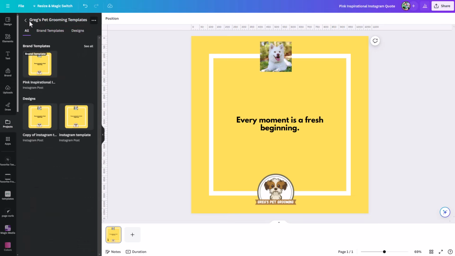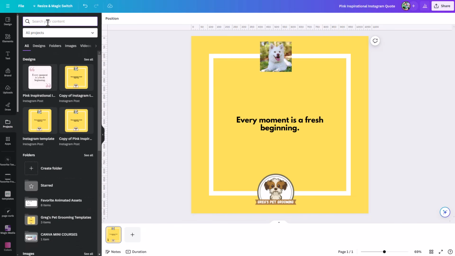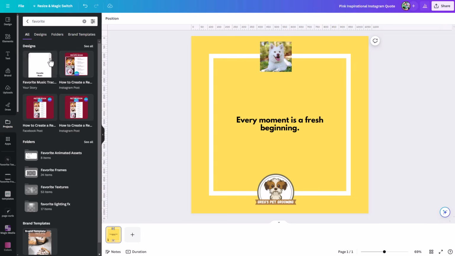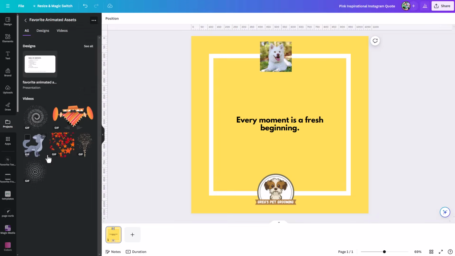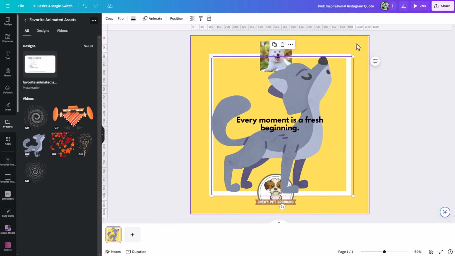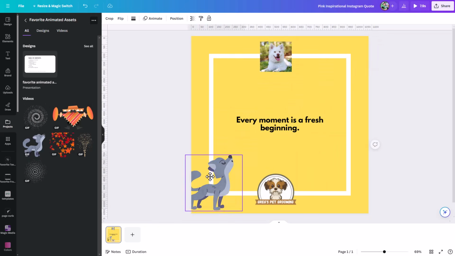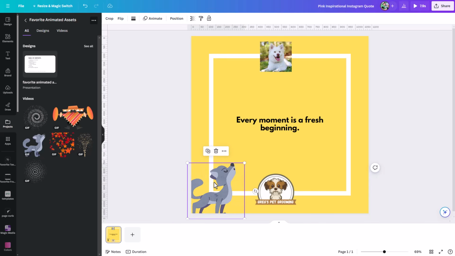And so let's go back out of this particular folder, and let's just say we're looking for one of our favorites folders. So I can start to type the name here to help me find the folder I'm looking for. So let's just do favorite and then favorite animated assets. Let's say, hey, I know I have that one image I saved off into here. You can click on it. You can very easily add it to your design, and you just end up saving a ton of time if you use this smart workflow approach by really organizing those assets that you're going to use on a regular basis